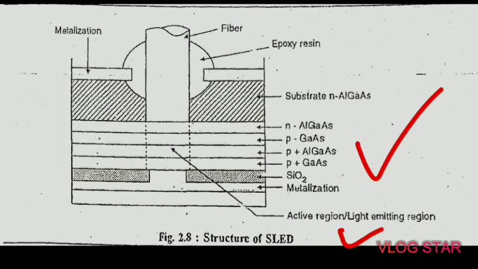The circular active area is called the emission area. This is kept very small, approximately 15 micrometer in diameter, so that the light emitted from this active area, which is of Lambertian pattern, that is 120-degree beam width, is totally directed into the fiber. It reduces the power losses in coupling.